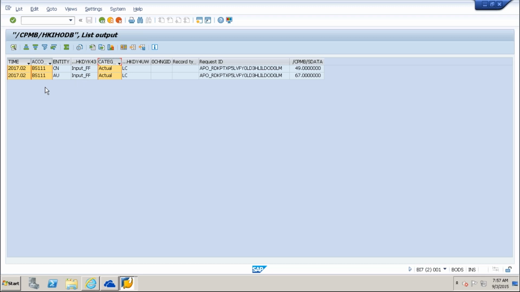So now when I trigger this, 5% of 49 will be calculated and will give you the plan value. CN and AU I will give, two records will be generated, queried out for the month of 2017-03. We'll see now whether this will happen or not.